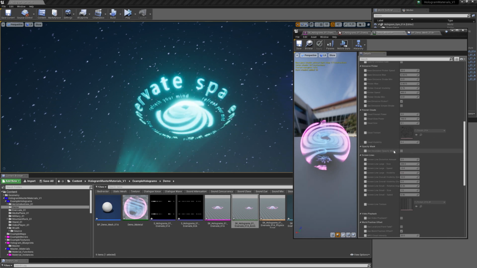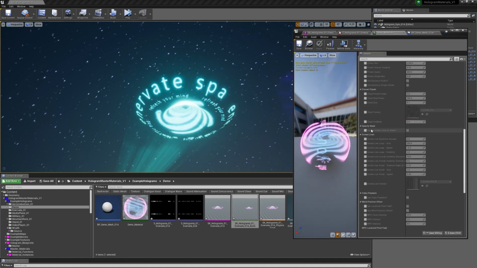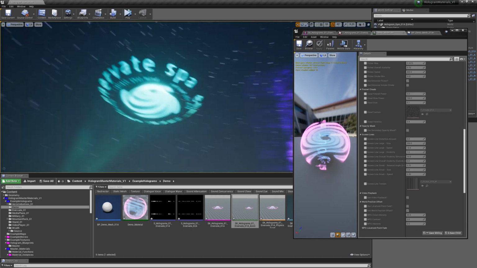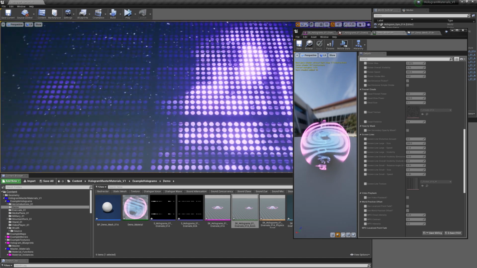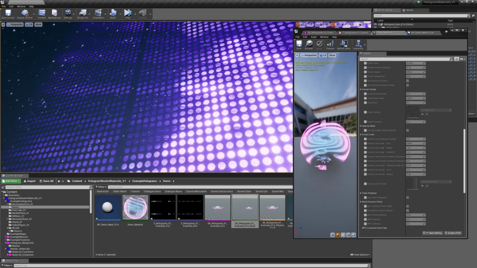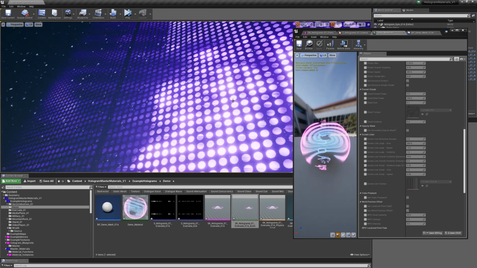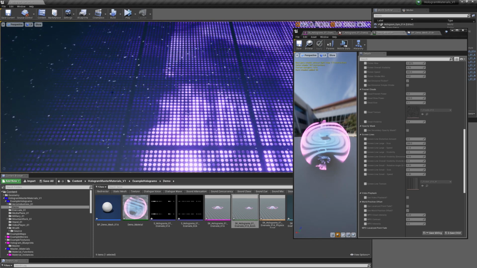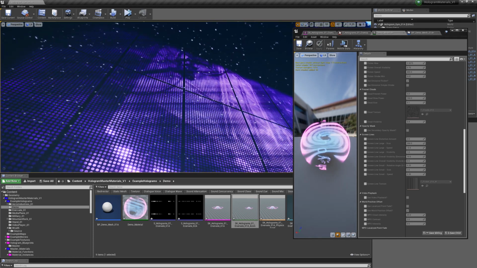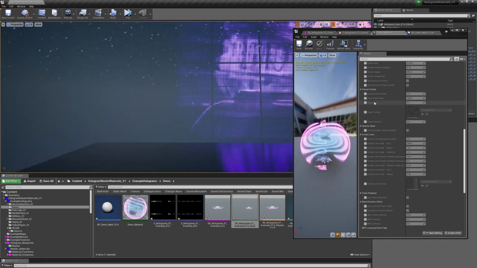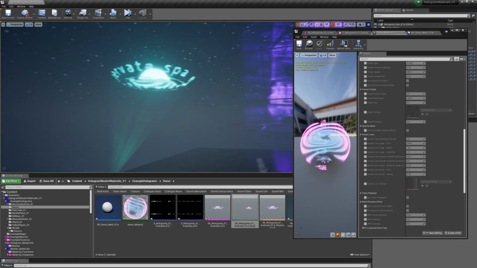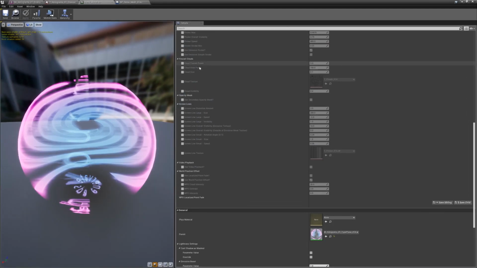So yeah, if I scroll down, you have a secondary opacity mask option where you can overlay a pattern over top of your mesh. You can see it right here, right? So you could turn that on and make your own material with that. I only actually used it on the TV, and then down here, I'm just going to full screen this